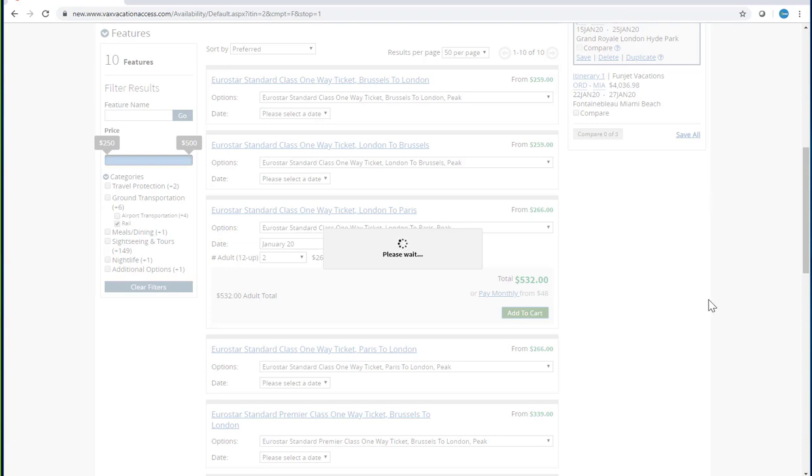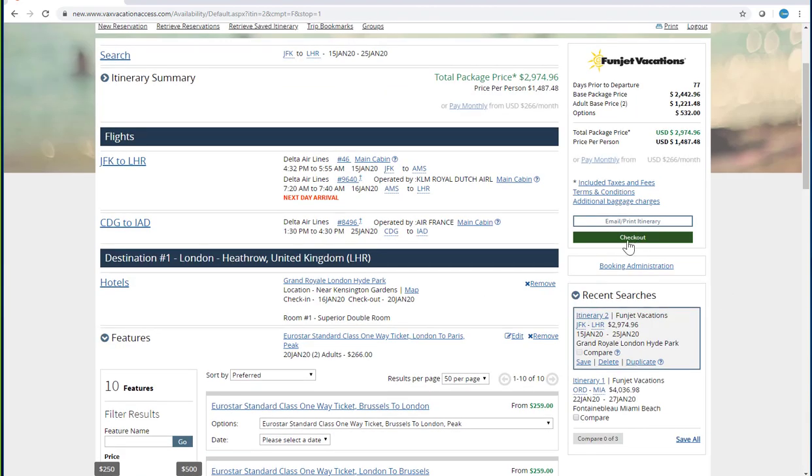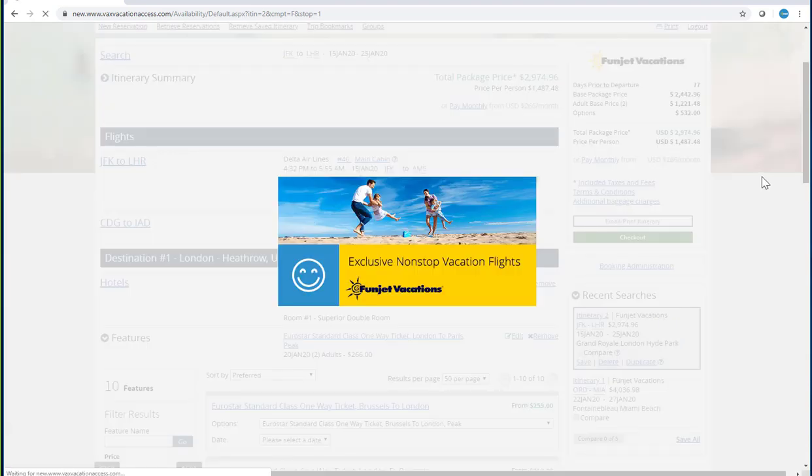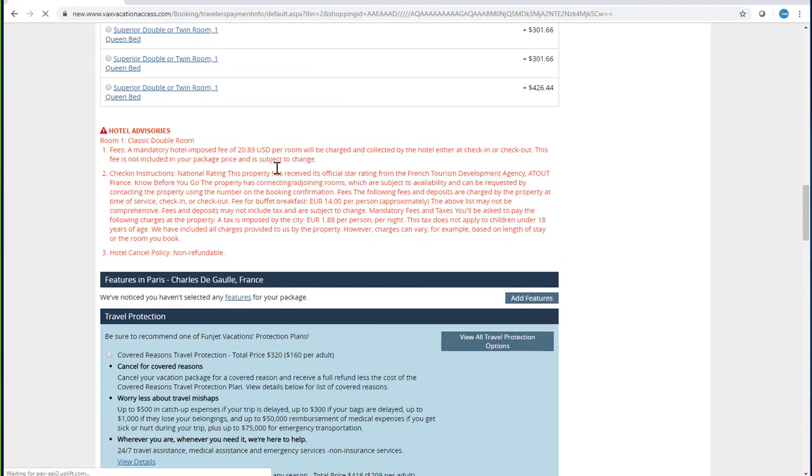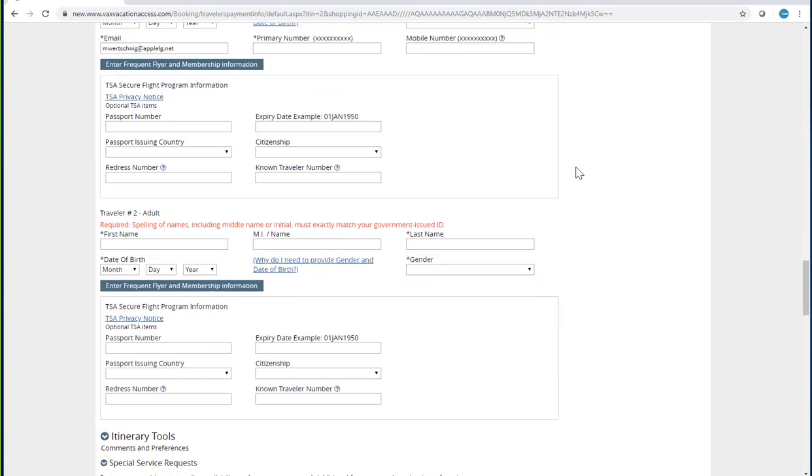Alright, so added that to the cart. Say checkout. So what I'm going to do is I'm going to scroll all the way to the bottom. So remember, you have your hotel information here. Under your advisories, it tells you your check-in information, if there's any resort fees, parking fees, anything like that, the hotel cancel fees. You go below,